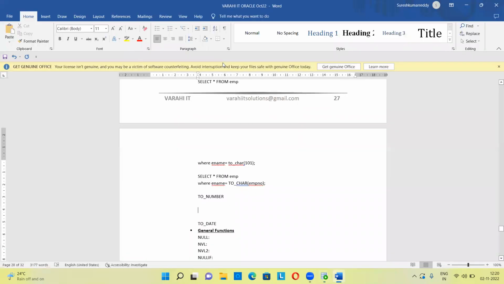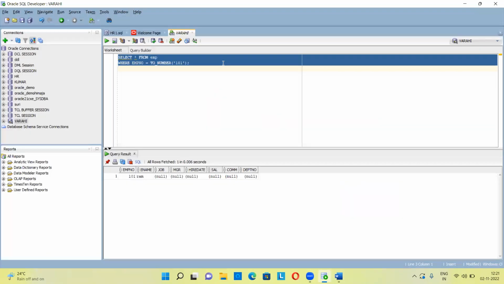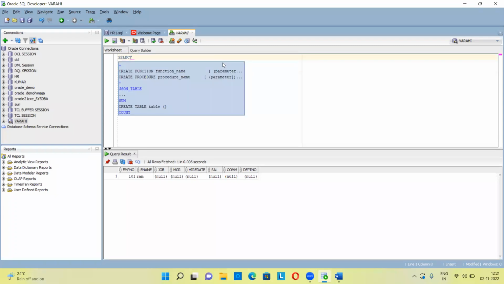So we won't get to use this toNumber function mostly, but again one more thing came to us, that is toDate. Using this toDate function, same as toNumber, we can convert the data from any other type to date type. But we will be working with the same type of data. So what is the data? Date data. I just want to calculate